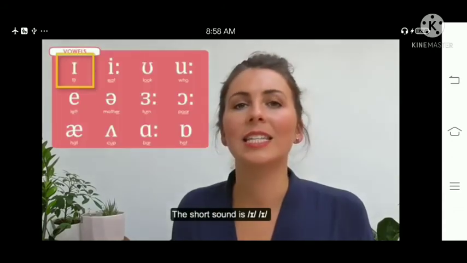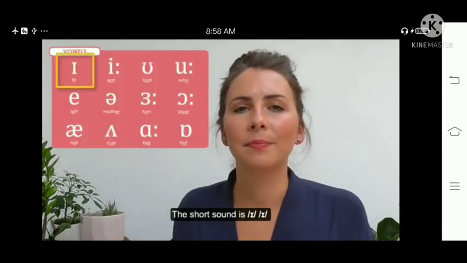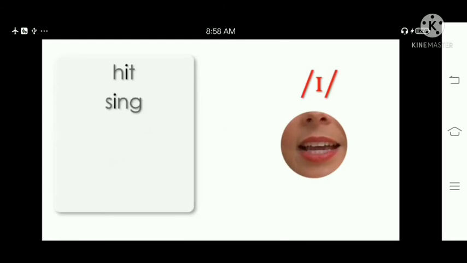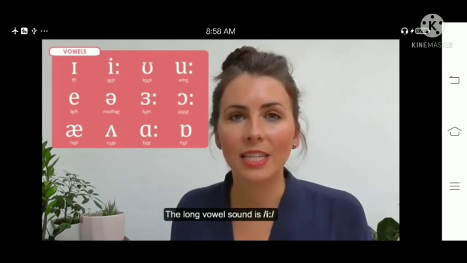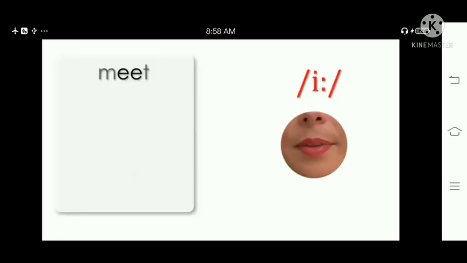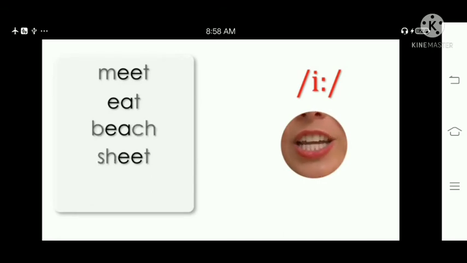The short sound is I, hit, sing, bit, which, disc. The long vowel sound is E, meet, eat, beach, sheet,